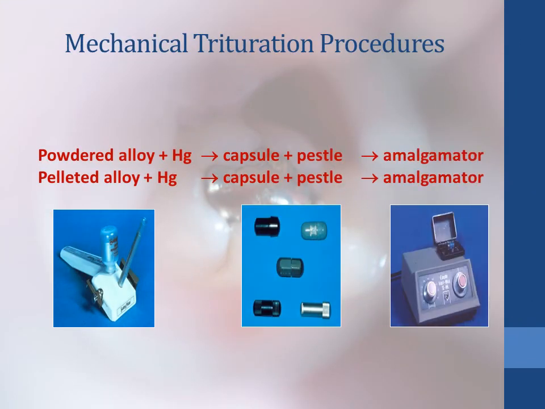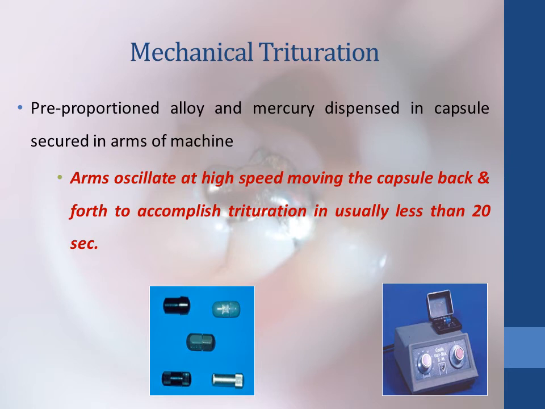Whereas in mechanical trituration, we just place the powdered alloy and mercury, which is the capsule and pestle, within the amalgamator. We choose the speed and the oscillation rate, and within a few seconds, it is mixed into the desired proper mixture. So obviously, compared to manual mixing, it is more accurate. It saves time, and there is less chance of error. And this trituration is accomplished in usually less than 20 seconds compared to manual trituration, which can take from 3 to